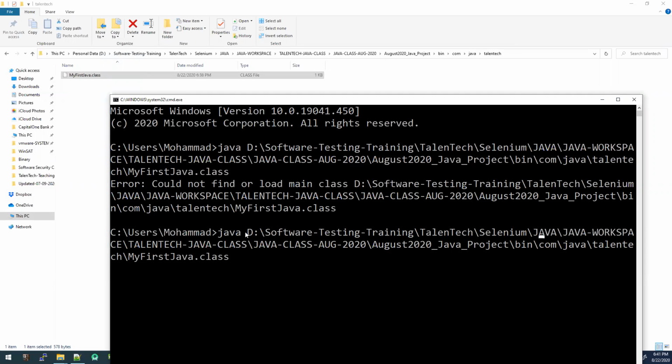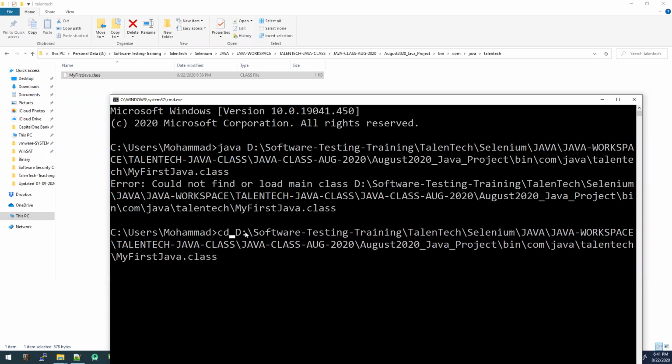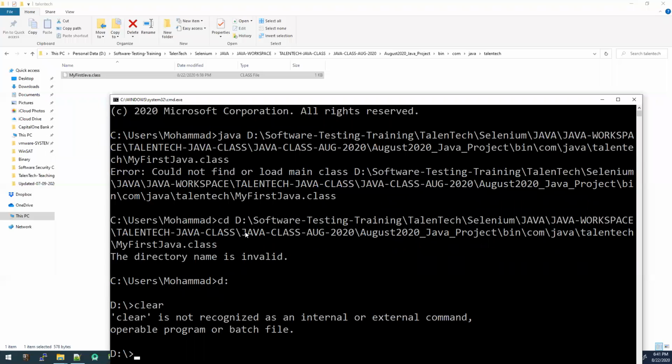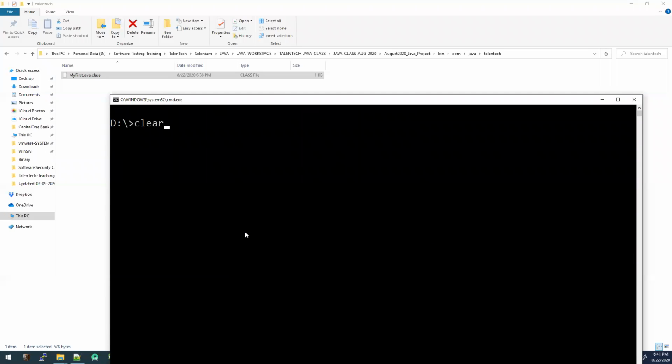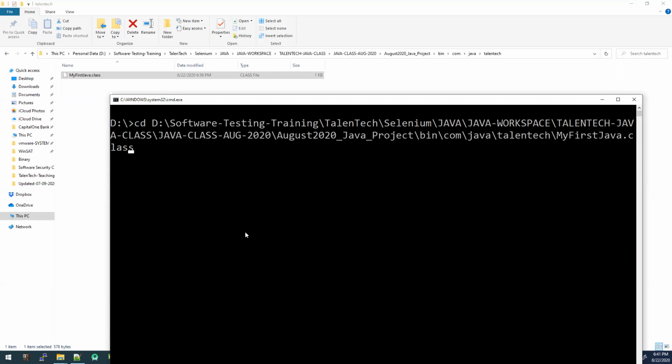Let me go to this location first. The directory name is invalid. I have to go to this folder first, then cd.